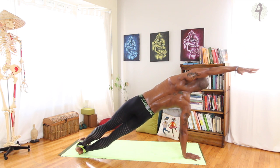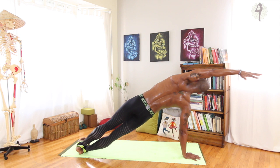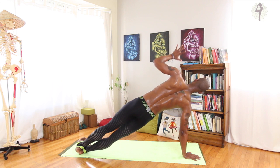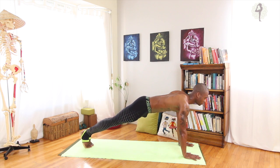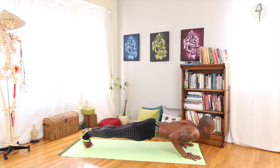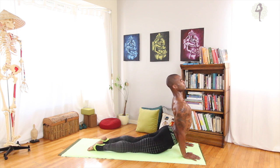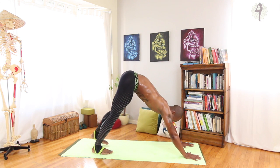Then keep the right hip pinning in and breathe into the sides of your waist lengthening. Then slowly extend the left arm up, lower the left hand down, look forward, optional chaturanga. Inhale, rise for up dog, melt the chest, long legs, lift the hips up, curl the toes under, return to